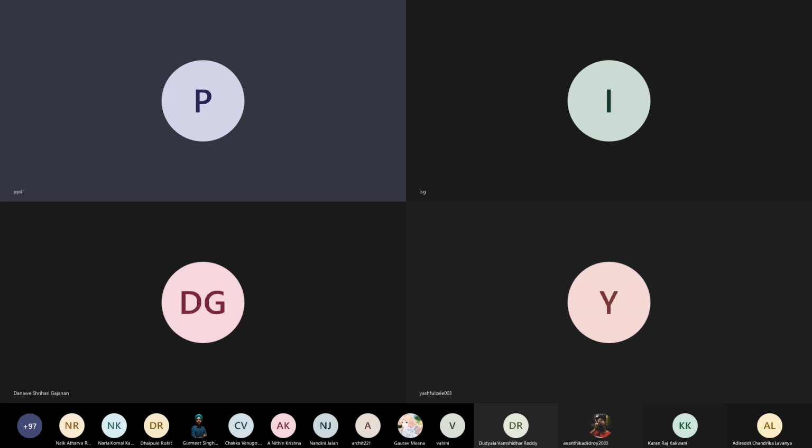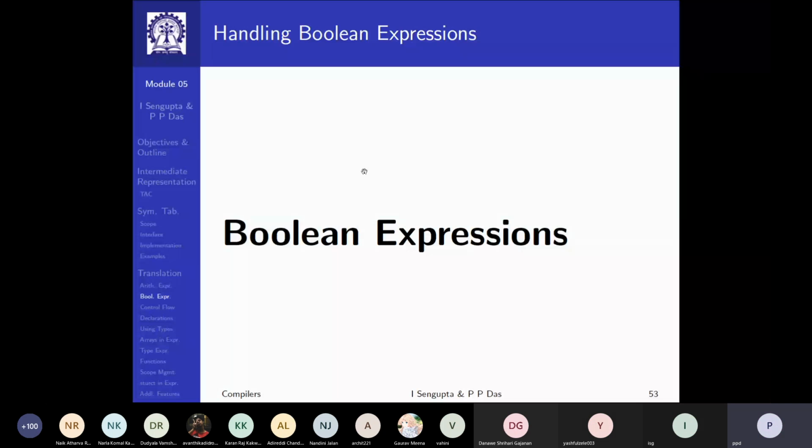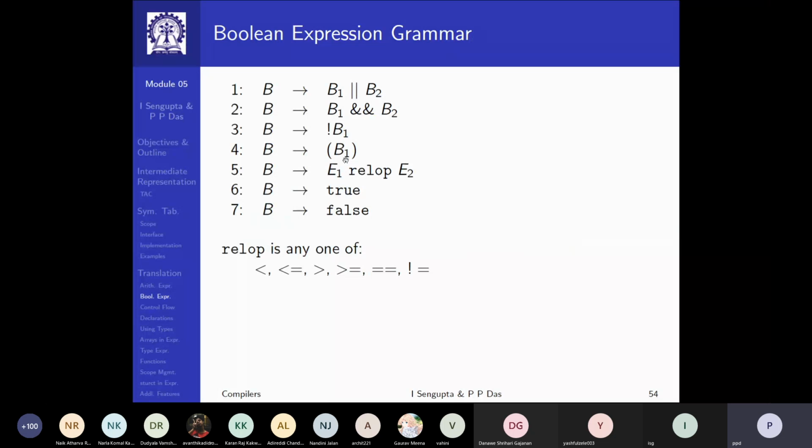So let us now, from arithmetic expression, move on to Boolean expression. Boolean expressions are just like arithmetic expressions. The only thing is they have only 2 constants, true and false, and they have